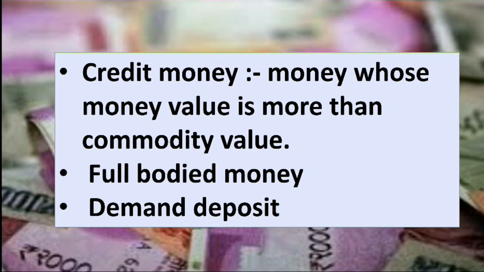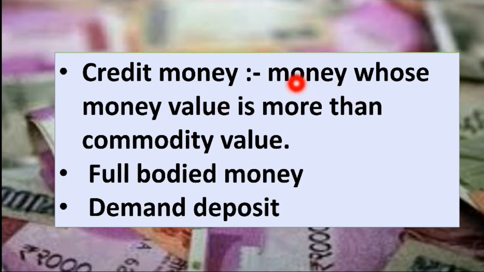Credit money refers to that money of which the money value is more than the commodity value, right? For example, the value of paper is much less than the value printed on it. That is credit money. You can see that your notes are simply a piece of paper, right? But their value is much higher. For example, if you see a 2000 rupees note, what is printed on that? It is printed that it is of rupees 2000, right? So it is of rupees 2000, but its value is very less. Okay, the paper on which it is printed is not of rupees 1000, but since rupees 2000 or 1000 is